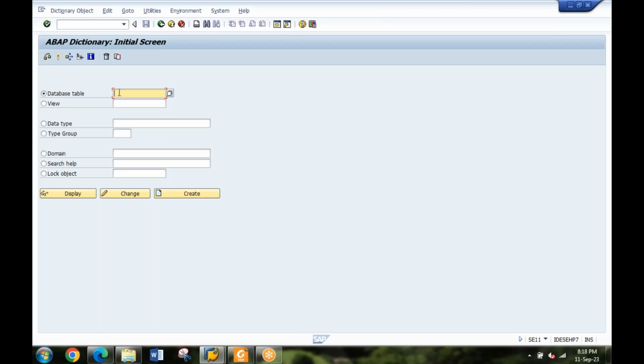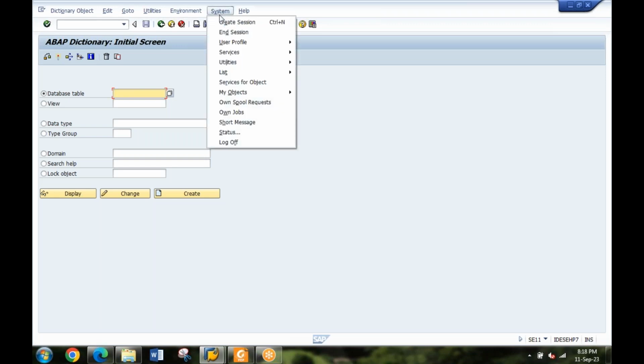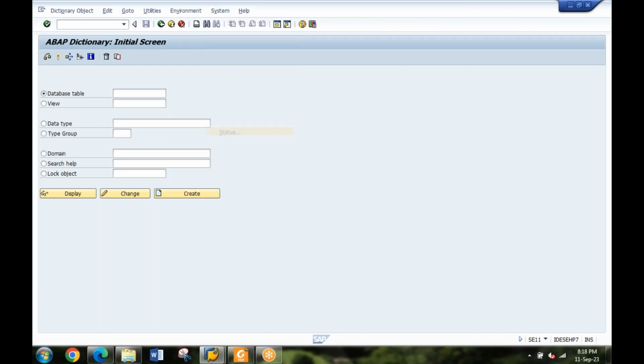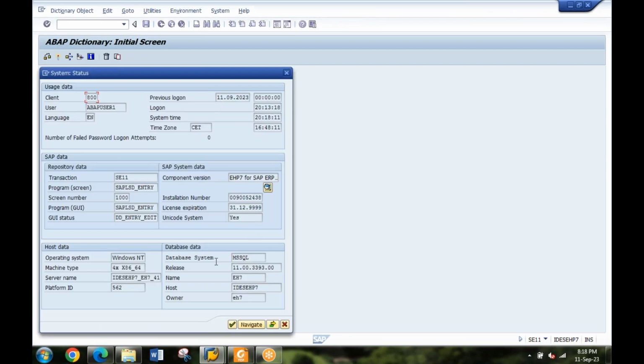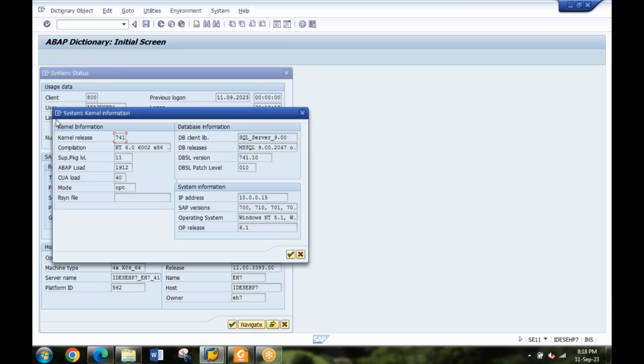And you were asking which database we are using in the SAP system. So if I click on System, irrespective of what database we are using in the backend, you don't need to worry about that part. Now you can see here it is SQL Server. Even if you might be using Oracle Server or MySQL or DB2, it won't affect your processing.